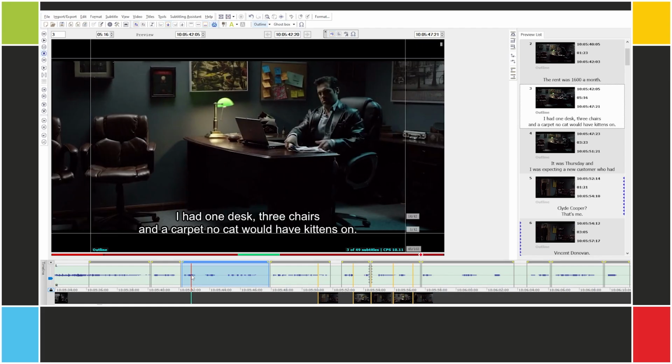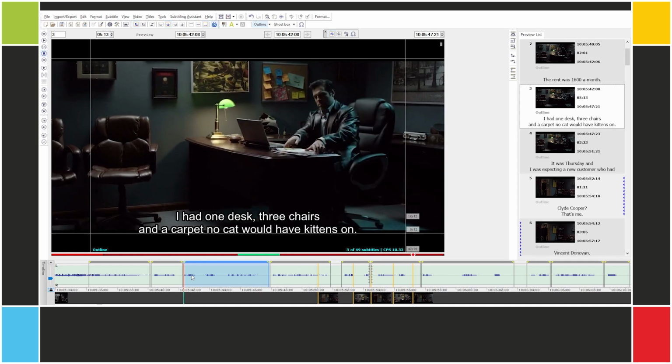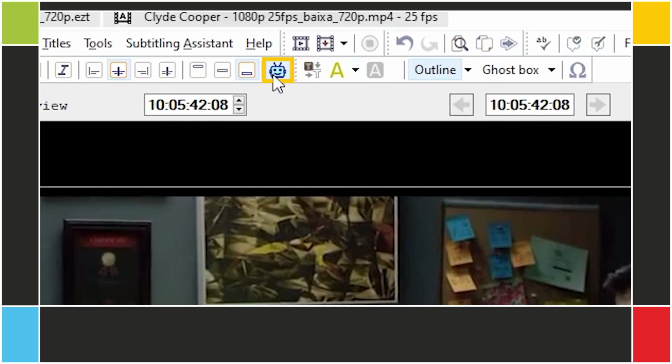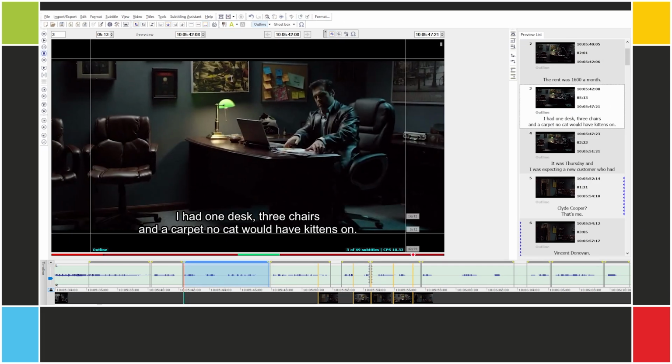In that case, you can still use the regular shortcuts to adjust the cues, and you can also disable intelligent commands to split subtitles the usual way. Just click here on the robot. The smiley face becomes a sad face to indicate that intelligent commands are off. Then you can split subtitles according to your settings, either by PC position or by the number of characters.